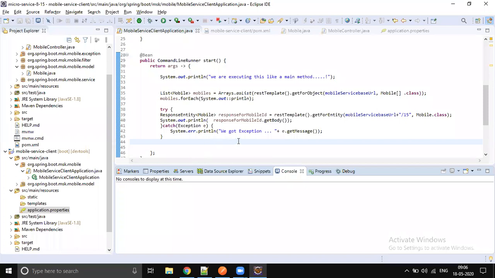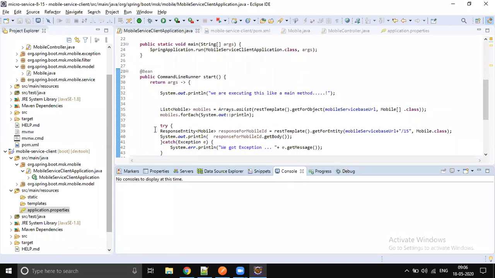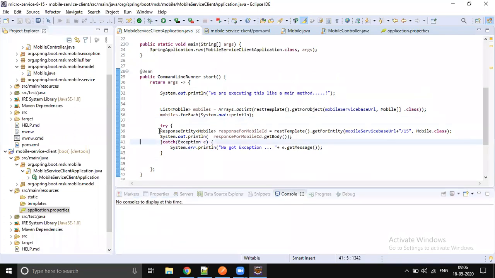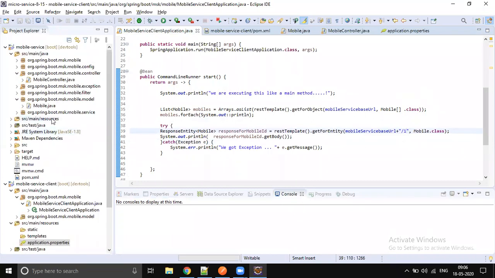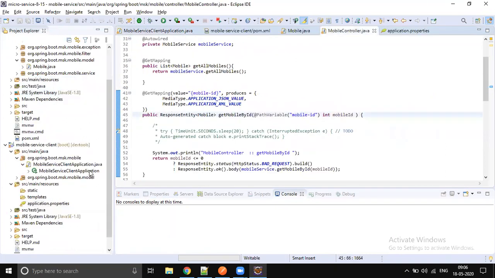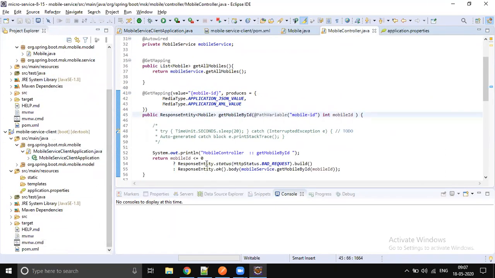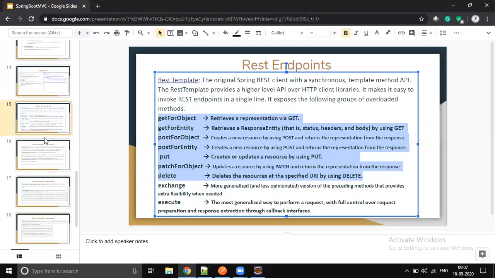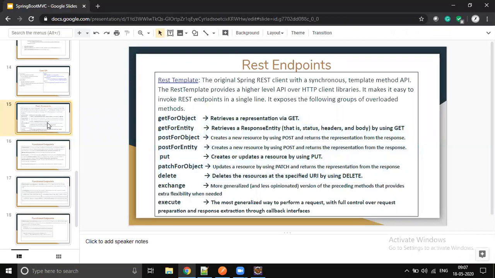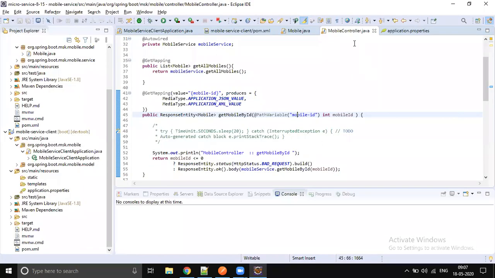Let's send 5,000 requests at once, mobile by ID. Yesterday we were talking about it. Let's send the same request, like 5,000 requests, to the mobile controller and see how it behaves. Can we try that, or can we go to the next topic? If you would like to try... No, no. You wanted to see that lagging, you told me. Yeah.